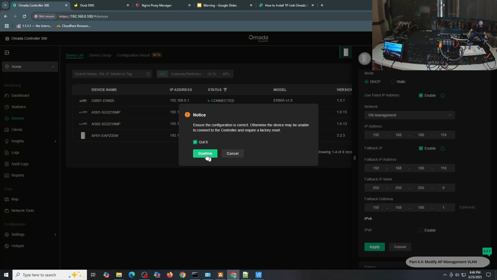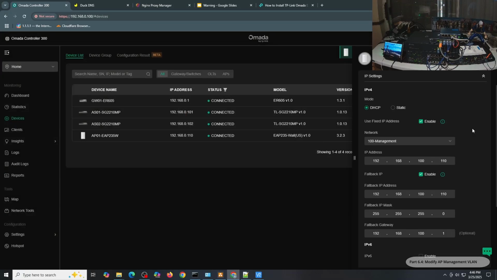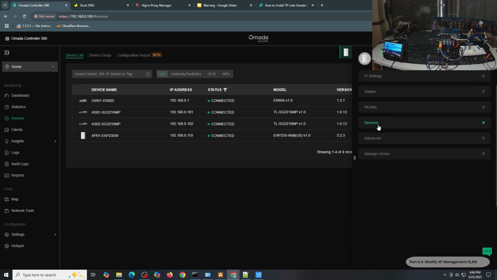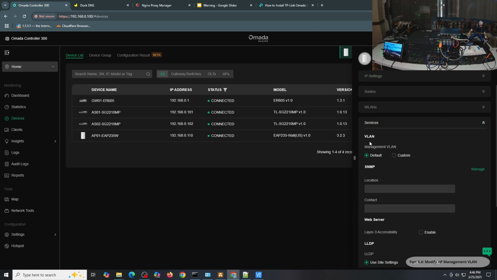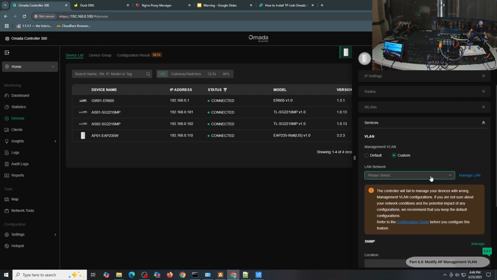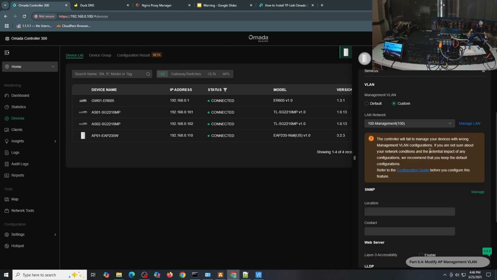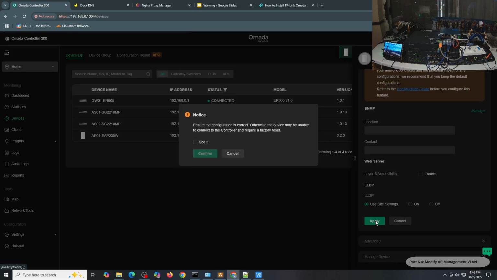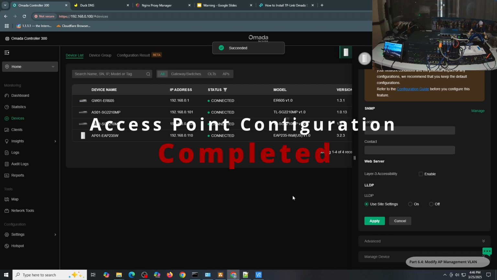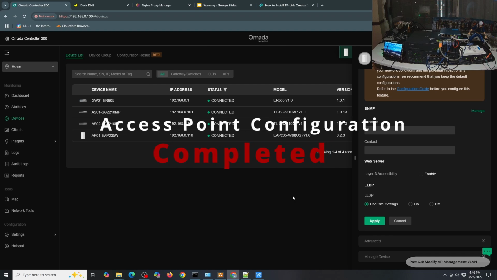So I'll click got it to confirm. So after setting the IP settings, I need to go to services, and here under VLAN management, I need to click custom, and then I need to select management in here, and I'll click apply. Click got it and confirm. This completes the configuration of the access point.